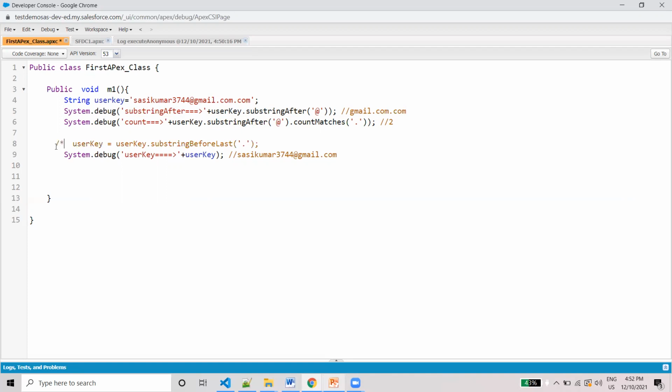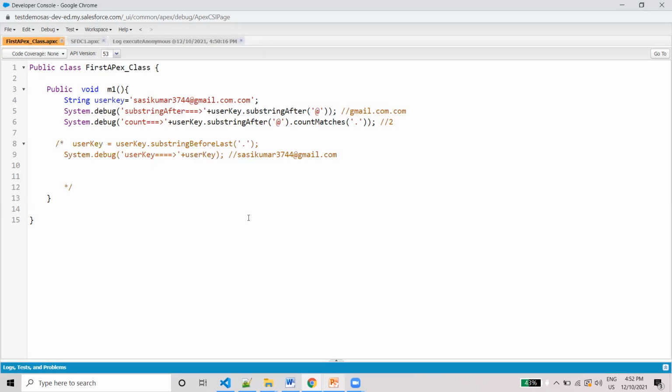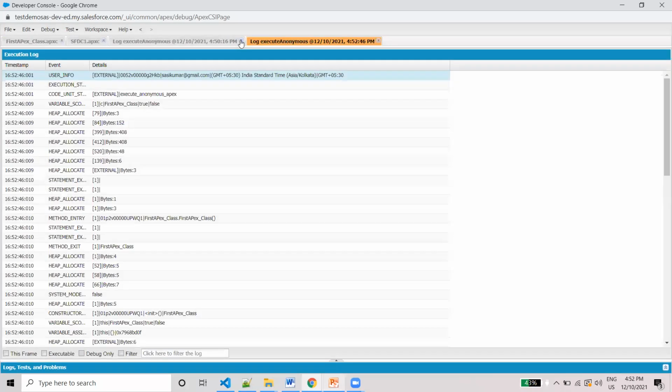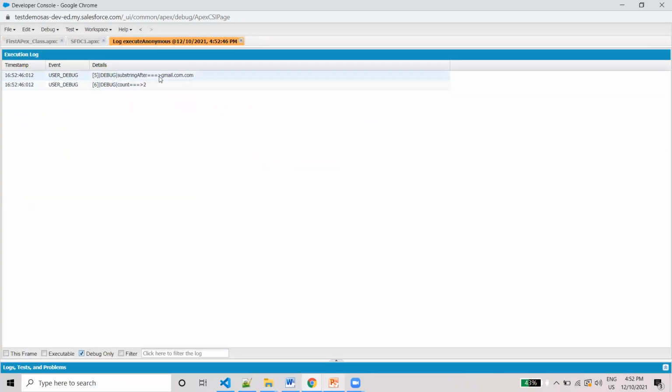First we will execute this and then go for the other things. Now we can see substring after prints gmail.com and the count is showing 2.